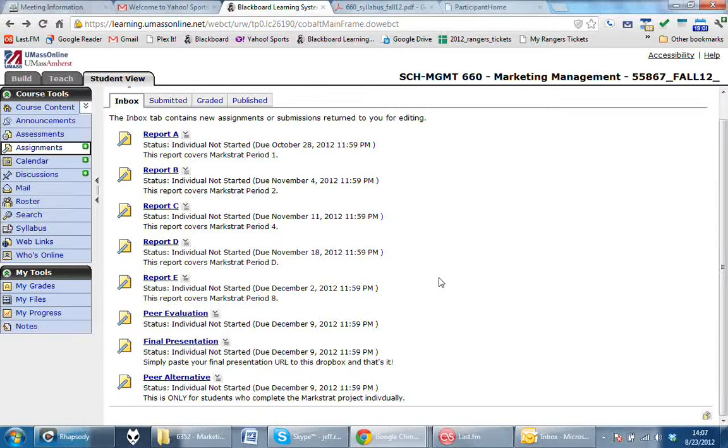Now, the peer alternative is for those of you that work individually. I have to have an assignment that is parallel to the peer evaluation for those people that work in groups. The peer evaluation is worth 10 points of your final grade. If you work in a group and you don't do well, you could be penalized and lose up to all those 10 points. But if you don't work in a group, obviously there's no one to evaluate, and so instead of just giving you 10 free points, I'm going to have a very short assignment for you to do related